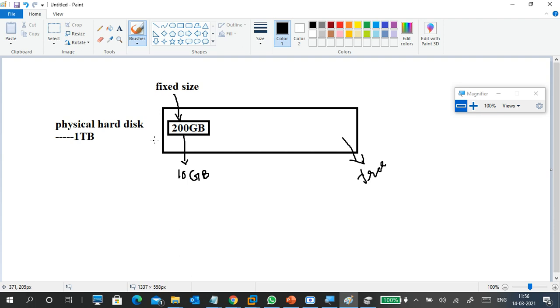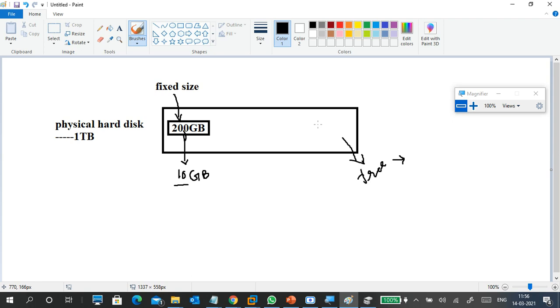In that, I created a 200 GB virtual hard disk. It is a fixed size, and inside the 200 GB virtual hard disk I have only 10 GB of data. Now tell me how much free space I have left.